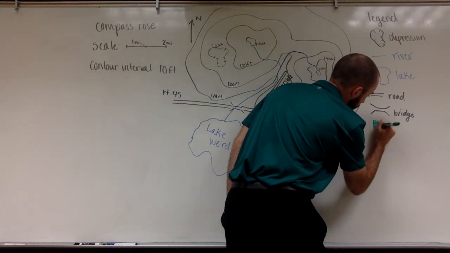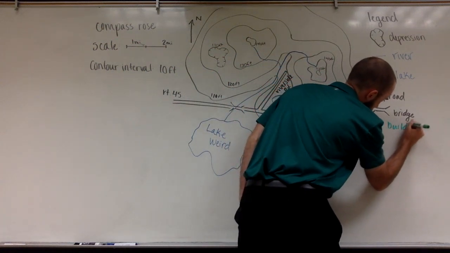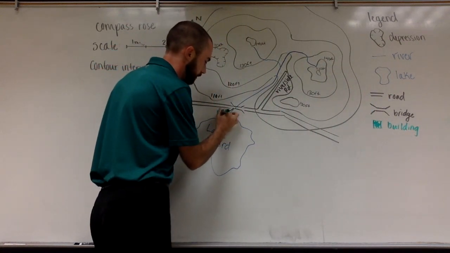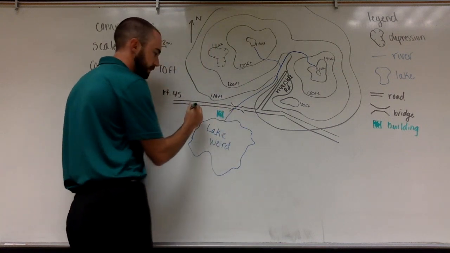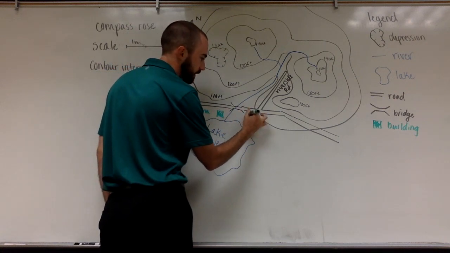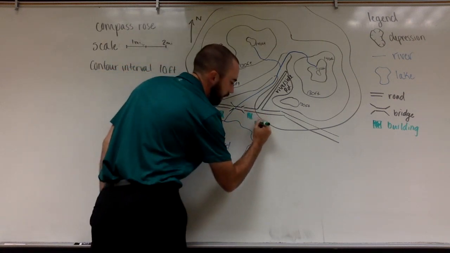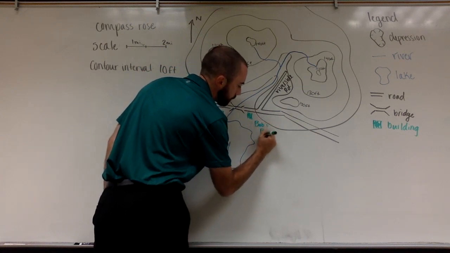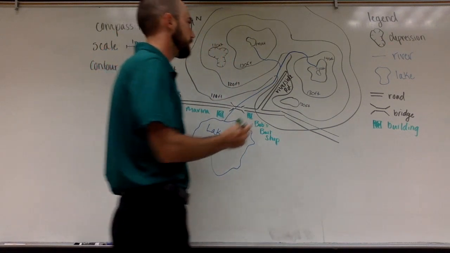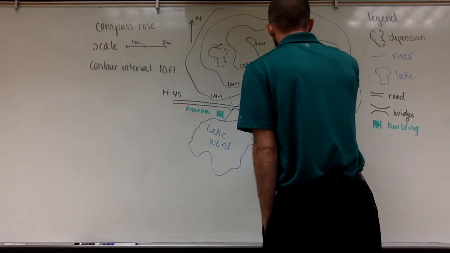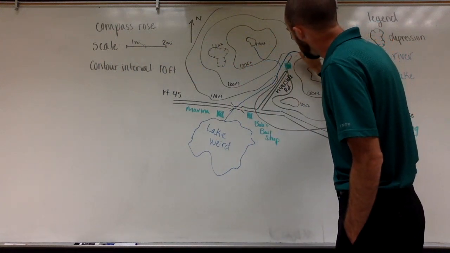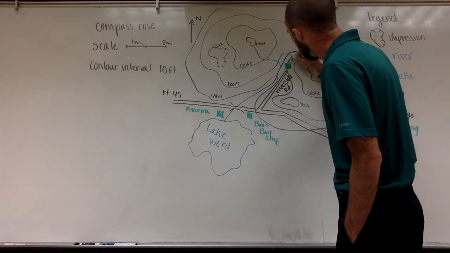Over here, I'll just make a square. This is a building. Let's say down by the lake, you've got a building here. Maybe that's the marina. And over here on this side of the river, we've got Bob's Bait Shop. And maybe up here, let's call it the Mountain River